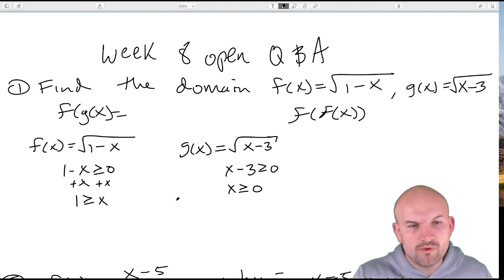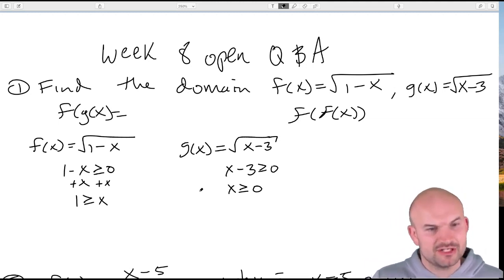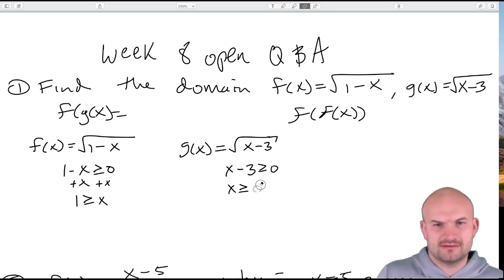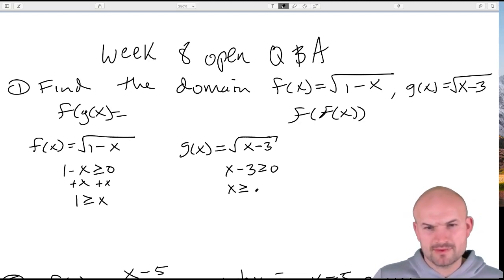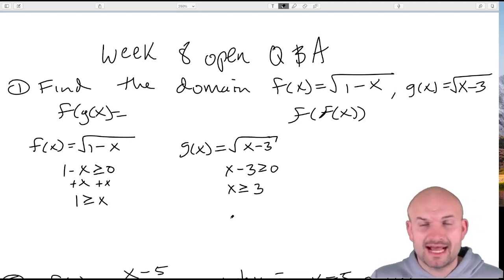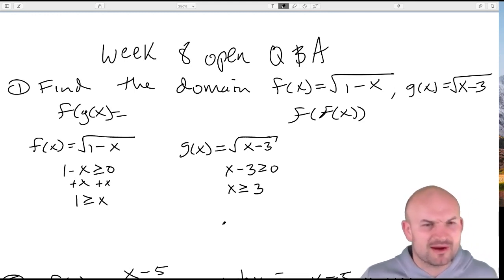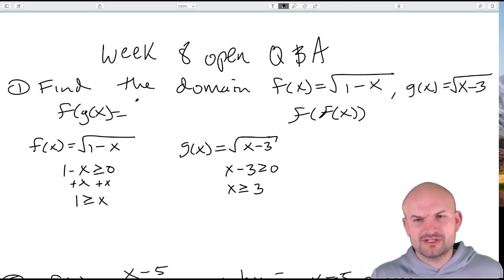All right. So when we have two radicals, one thing we're looking for is the intersection. You can see here, x has to be less than 1. Wait a minute, what did I do? x has to be less than 1, but x has to be greater than 3. Well, it doesn't seem like that actually works. So either I wrote down the problem wrong, or this one has no solution, or at least there's no domain for f of g of x. Or at least I'm not seeing that. I didn't work out this problem before, so I didn't check to see if I had that. But anyways, let's go and work into the